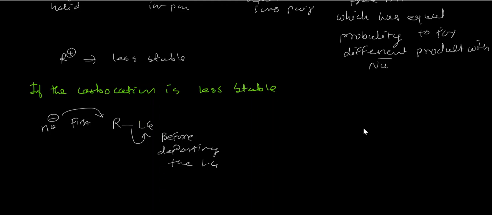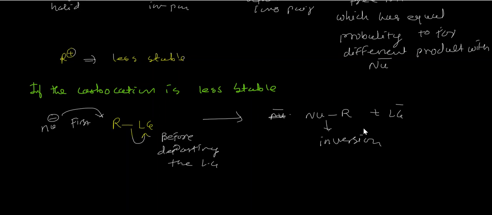See what is happening here. In this case, if the R group is less stable, it means the nucleophile attacks before the leaving group departs or separates from the substrate. So it gives rise to inversion. You can see here, this attack takes place from the back side and the leaving group departs from the front side. So it means it is inversion of configuration. So here you can write nucleophile is there and this R group is there plus leaving group. So here inversion of configuration is there.